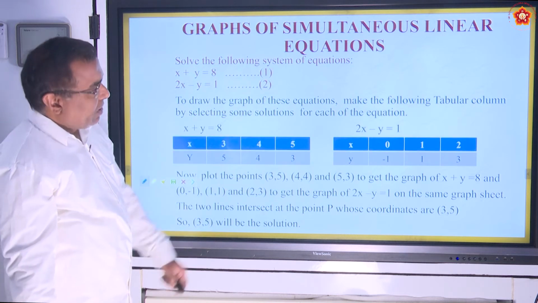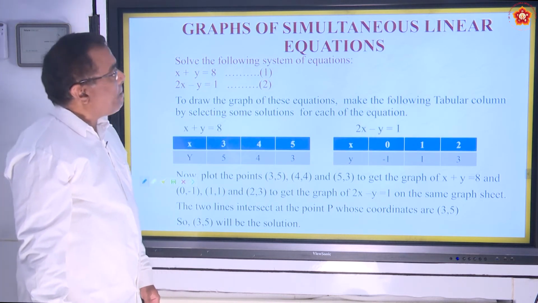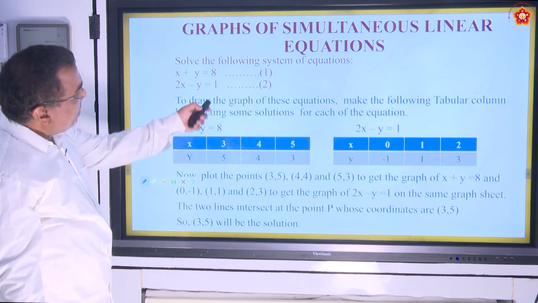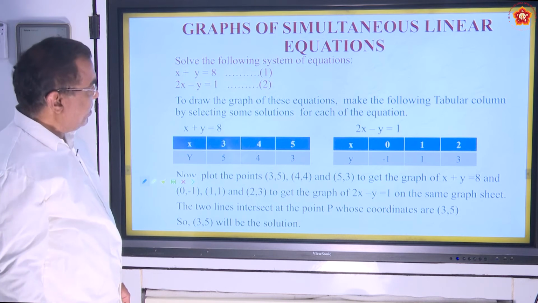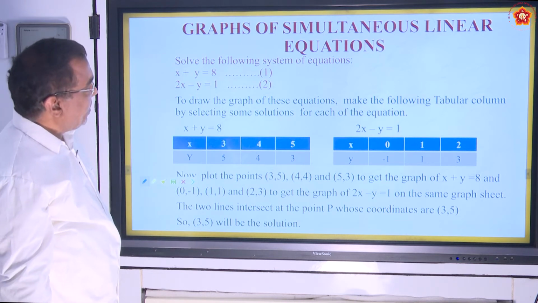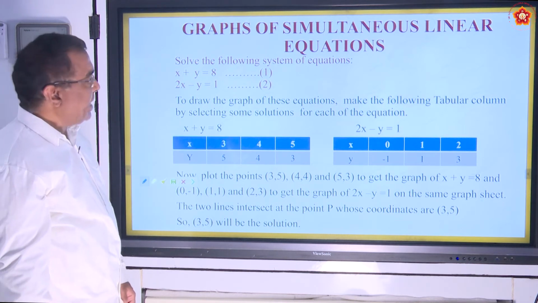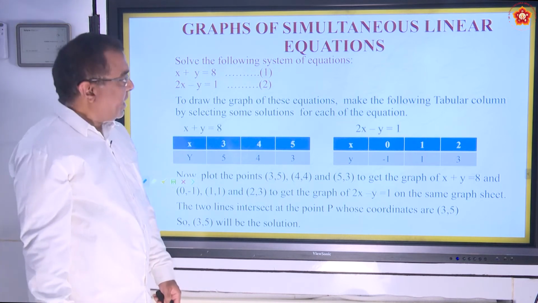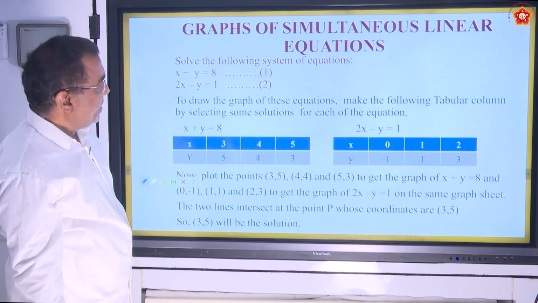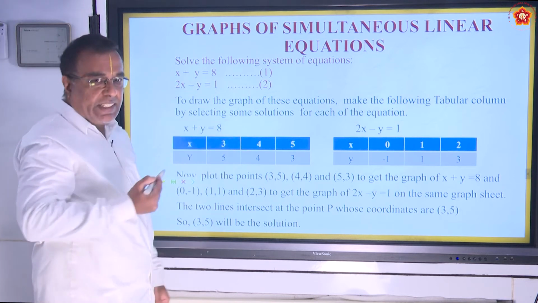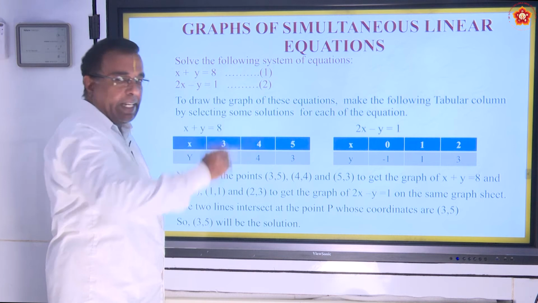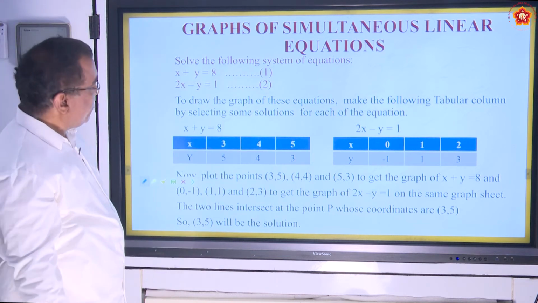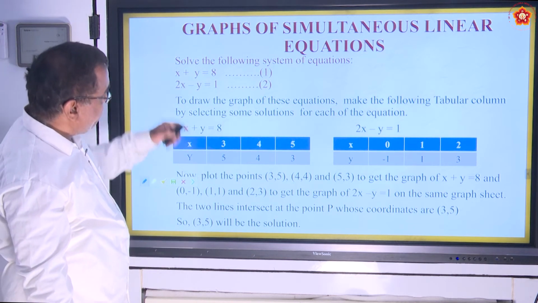Now we will take one example for our working. How to solve a system of linear equations using the graphical method. So I have taken two equations, x plus y equals 8 and 2x minus y equals 1. As we have discussed earlier, draw the graph of each of these equations separately. So first I am taking x plus y equals 8